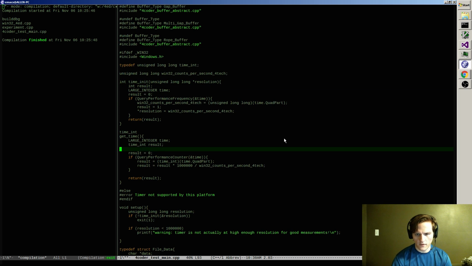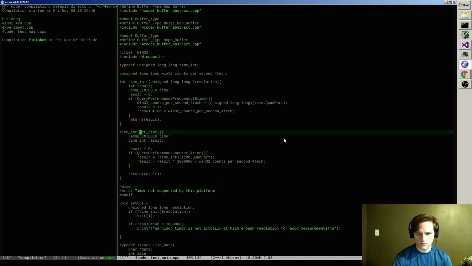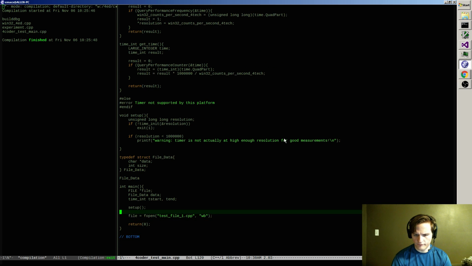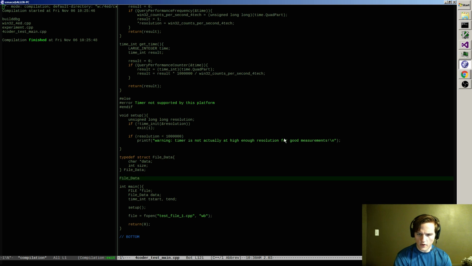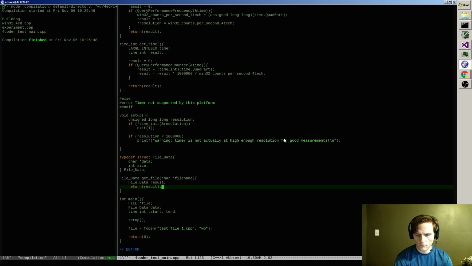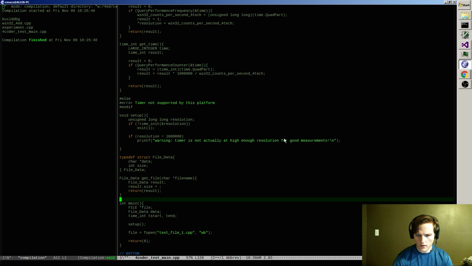I have a feeling like in this file I just want to do a slightly less strict style than what I was doing in the others. Don't totally know why, but it just sort of where this is going. So then the file data is like a get file function that takes in a file name, and that just has to do like result.size. Oh, I need to.